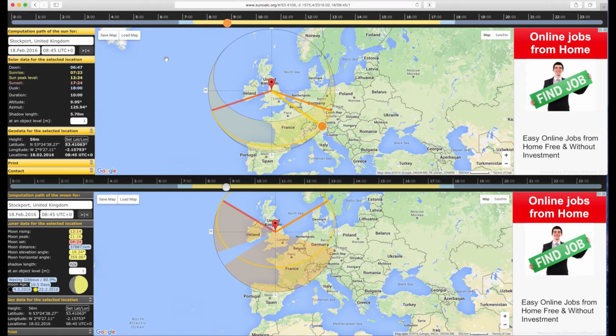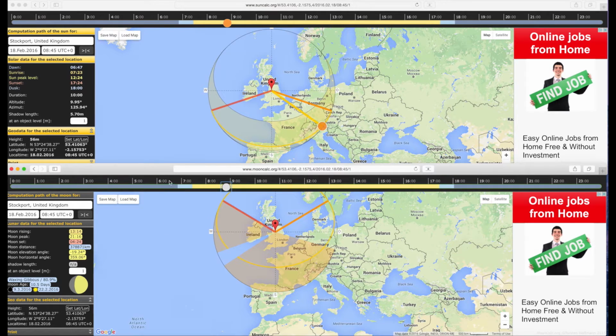Okay, what we have here is two web applications. They're sister web applications. They look very similar, as you can see. In the top half of the screen I have got Suncalc. In the bottom half of the screen I have got Mooncalc. As you can see, the web addresses there, suncalc.org and mooncalc.org respectively. I'm mainly going to be doing this demonstration in Suncalc